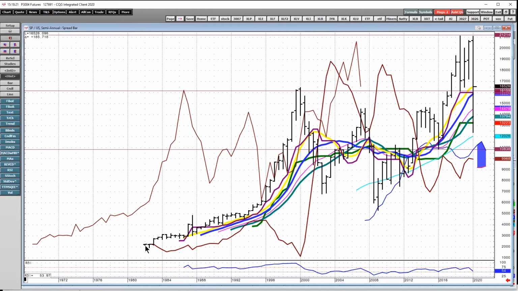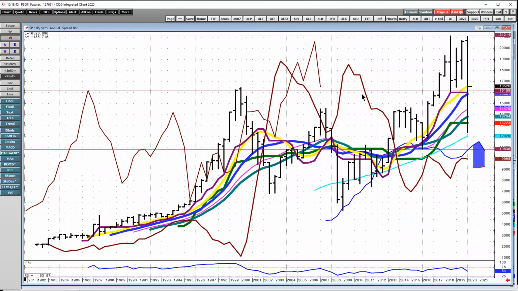On this, you can see this chart goes back to 1982. So that's when the S&P first started trading, and the opening range of the S&P futures was 116. We're now trading at 29,072. So think about that. So these levels are great indicators to tell us if there's more or less upside or downside.